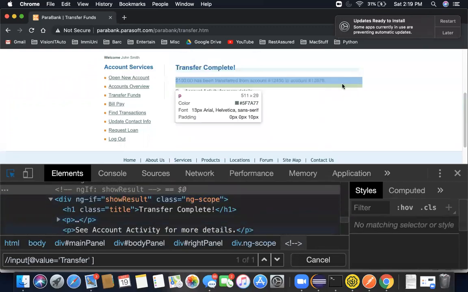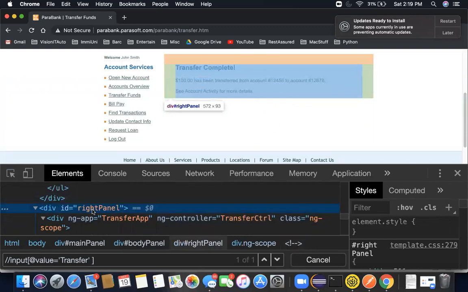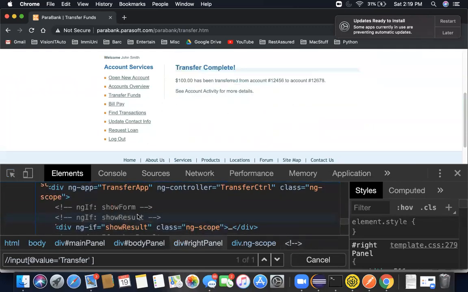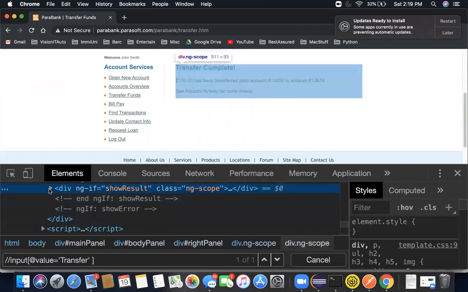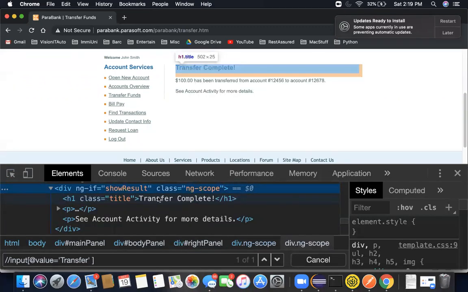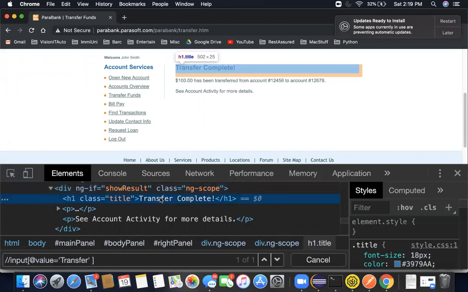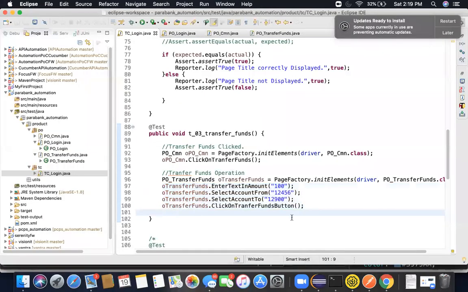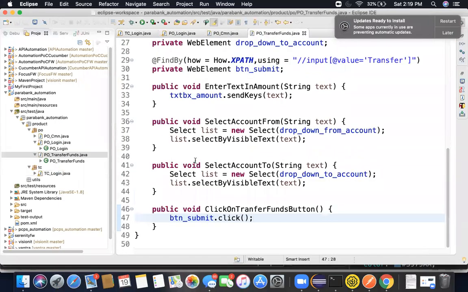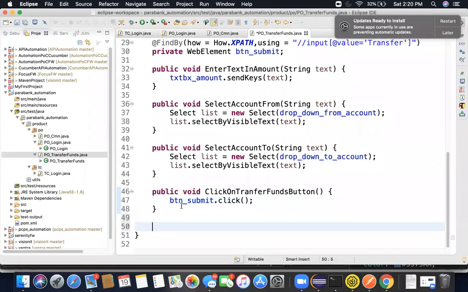How can I put the validation? I can put the validations in multiple ways basically. So either I can use this show result to fetch the text out of it and validate whether this is coming or not. Okay? So let me do a simple assert statement. Now I can write the asserts here directly, or I can also put this inside page of the transfer. So I will put inside here. I'll write public void validate transfer funds is